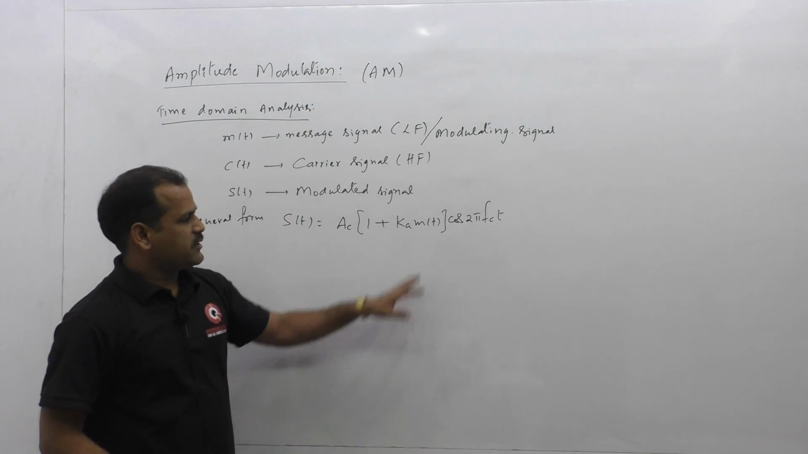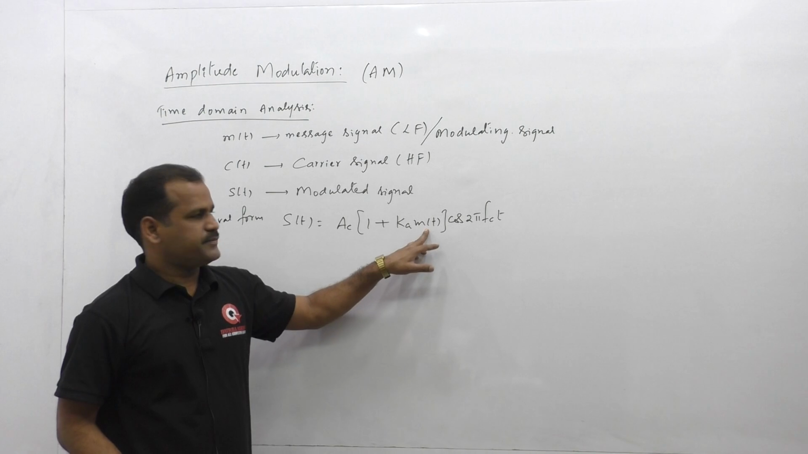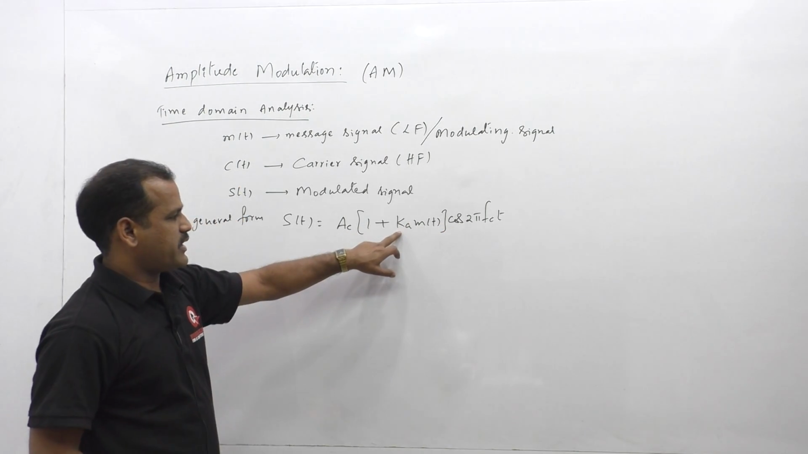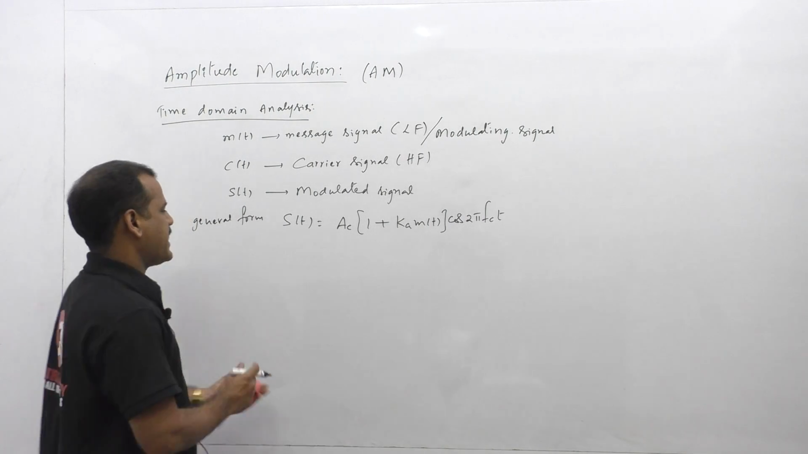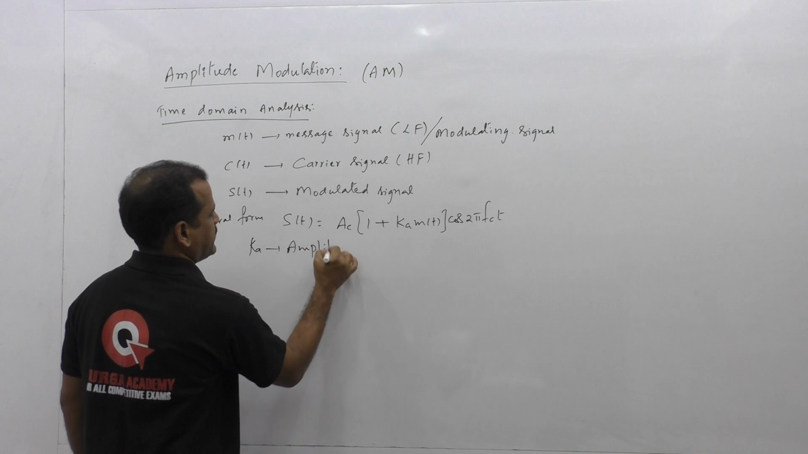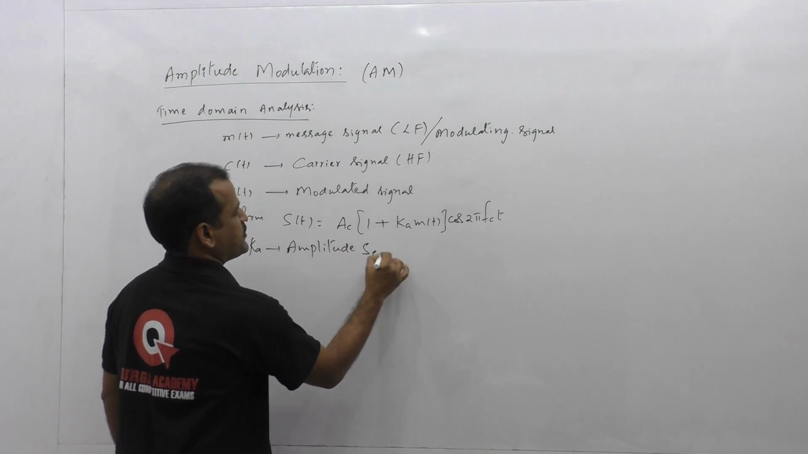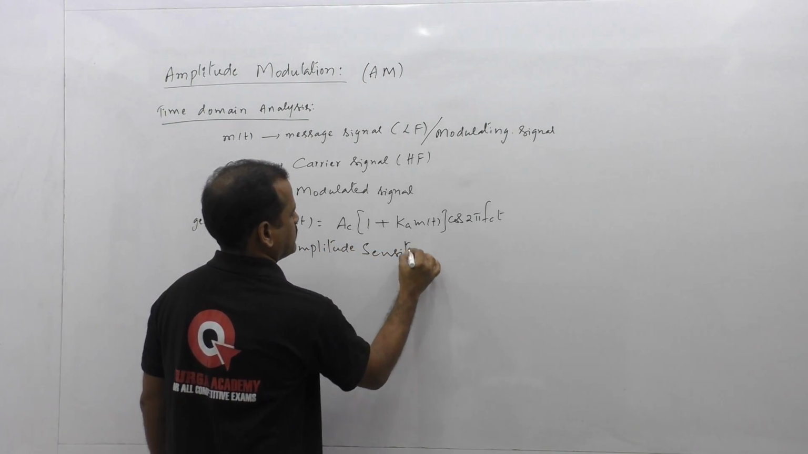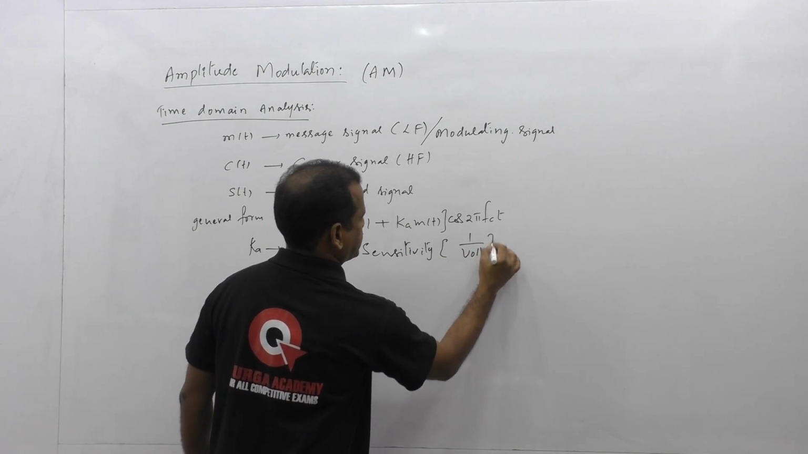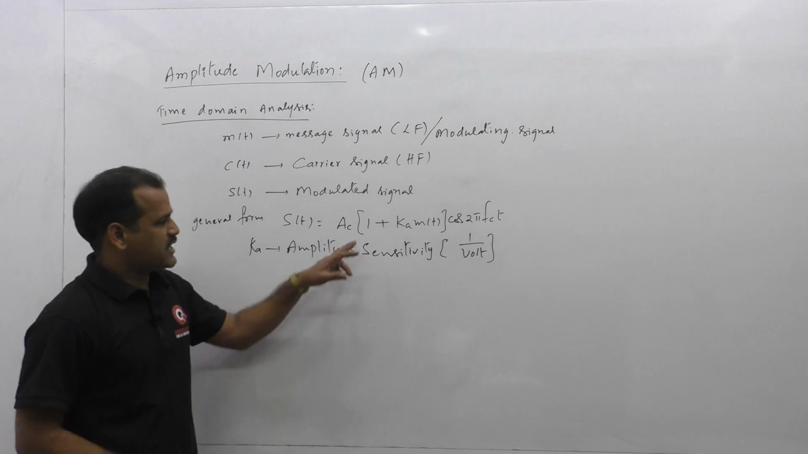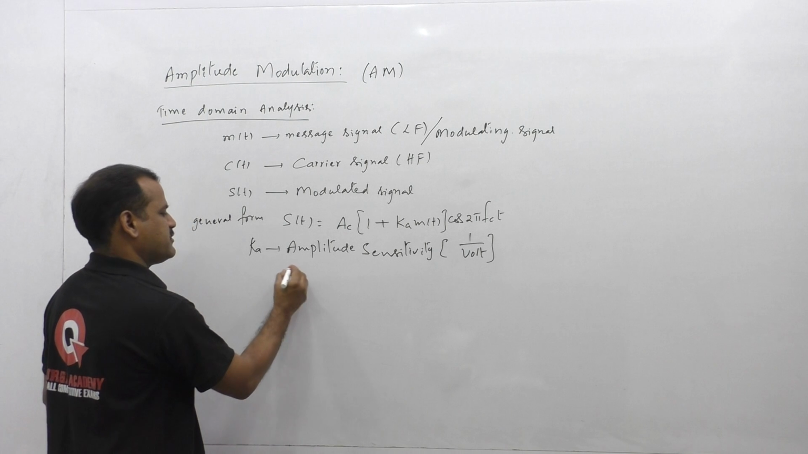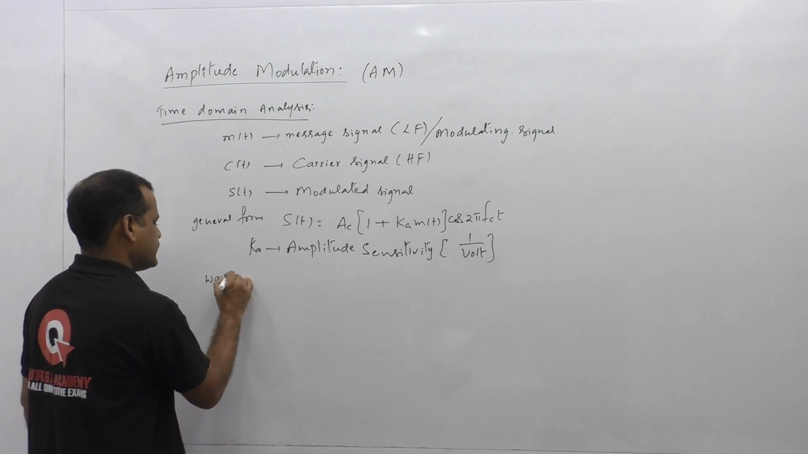Observe in this equation, we have m of t, the message signal, and Ac cos 2 pi fct, the carrier signal, and additionally we have Ka. This Ka is the amplitude sensitivity of the modulator device, which has the unit 1 divided by volt here. So this is the general form of the amplitude modulation technique, where, for the time domain analysis waveforms, if we consider,